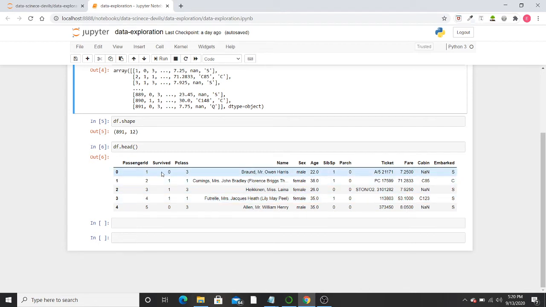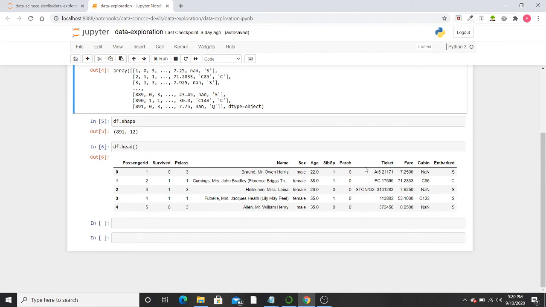Now we were talking about variables. Okay, so the variables here are passenger id, survived, p class. They are also columns. Now let's say I want to predict whether a person selected randomly has survived out of the Titanic ship or not. Then my survived column will become the dependent variable, and the other columns like passenger id, p class, these all will become independent variables.